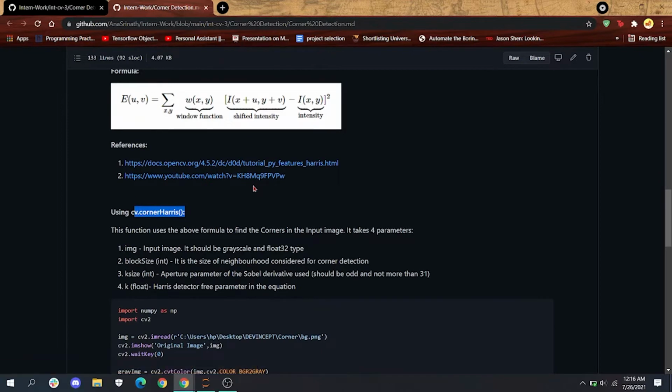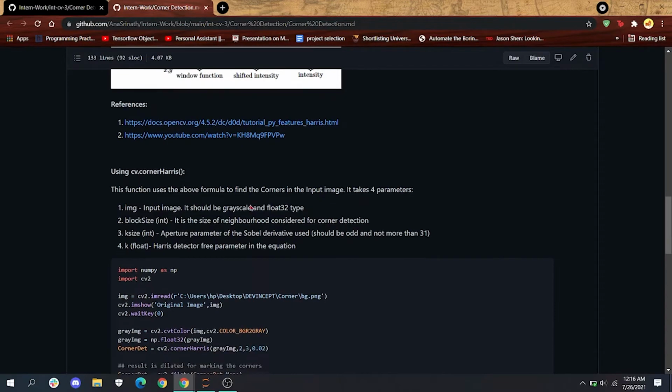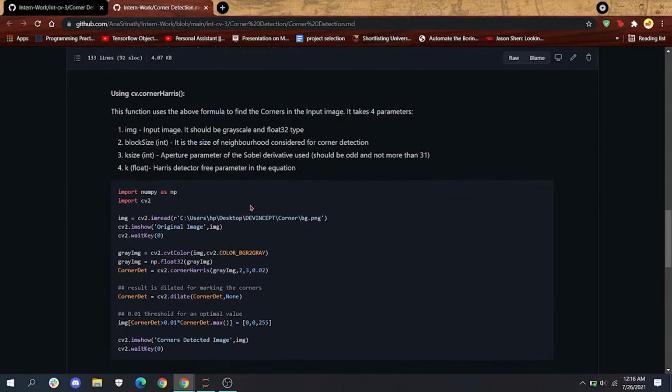Now how they came up with this formula and how this helps in corner detection, I won't be going into the details, so I have mentioned a few references here. This is a website and this is a video, so you can go through them to understand how this formula works and how they came up with it. Now, like I've mentioned, OpenCV has a predefined function which uses that formula to detect corners,